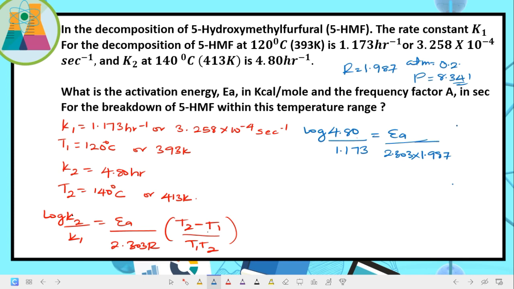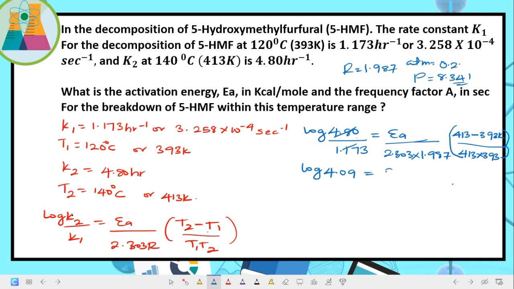So these brackets, we have T1, T2. The second temperature is what? 413 Kelvin minus T1, which is 393 Kelvin. There you have, divided by T1 times T2, which is 413 times what? 393. Then when you simplify this, it's going to give us log, this divided by this, it will give us